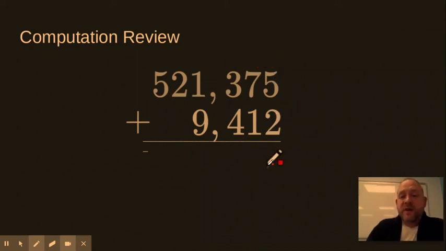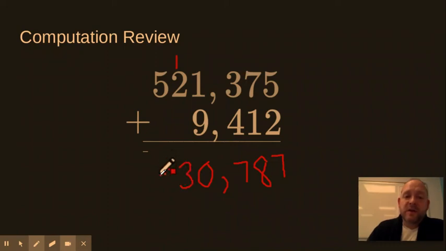So we'll start with 5 plus 2, which is 7. Easy breezy. 7 plus 1 is 8. 3 plus 4 is also 7. I'm going to put my comma here because, as my numbers are lined up, I don't have to do anything special with it. 9 plus 1 is 10. So I'm going to drop my 0 here. And this is actually in the thousand spot, but 10 thousands is actually 1 ten-thousand. So I'm going to add that 1 over into my 10,000 spot. 1 plus 2 is 3. And my 500,000 lives alone over here. So your answer should have been